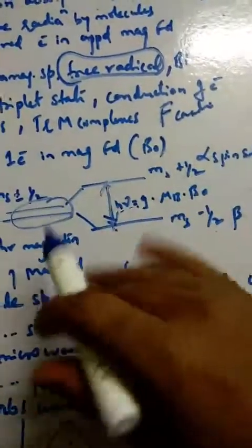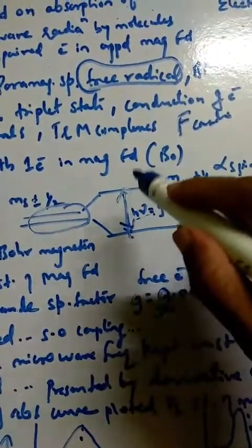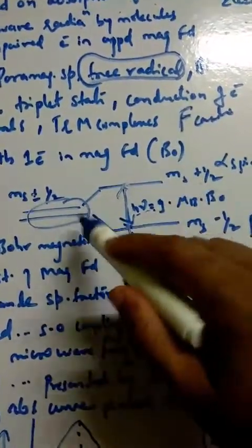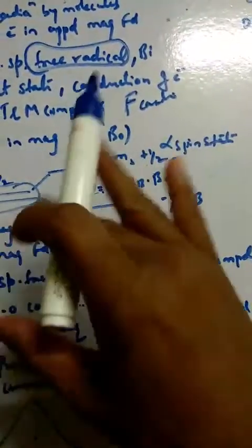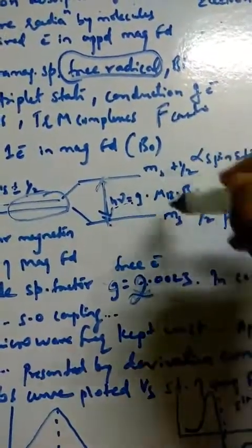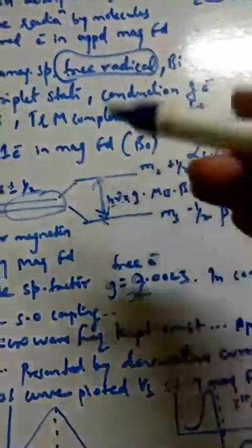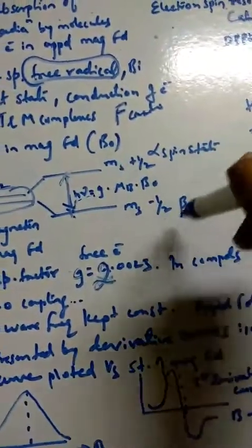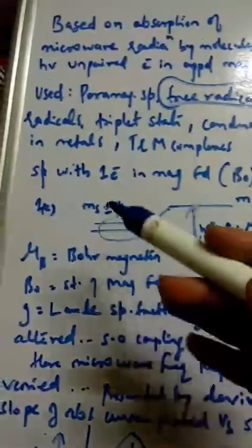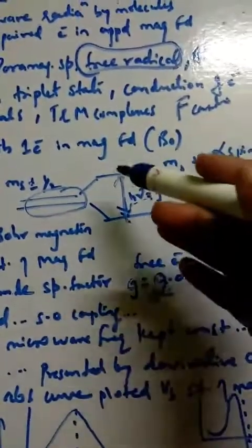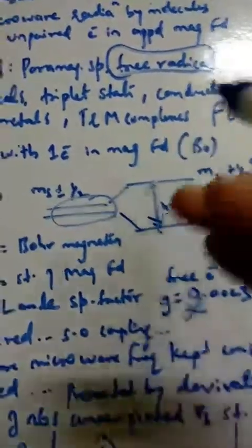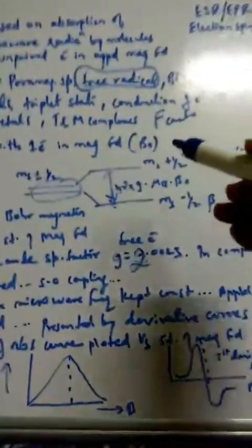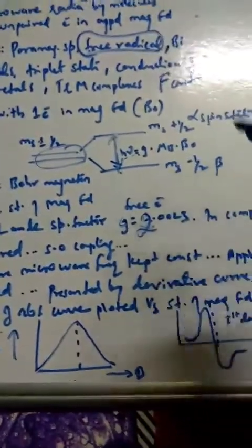Whenever the magnetic field is applied, there is absorption of microwave. Why is microwave used here? Because the single electron in the magnetic field splits into either plus half or minus half, that is along the field or reverse to the field. So two cases we can observe: along the field minus half, reverse to the field plus half, the alpha spin state and beta spin state. For that reason microwave radiation, 300 megahertz to gigahertz, is enough for these transitions, and that is why microwave radiation is used for EPR or ESR.